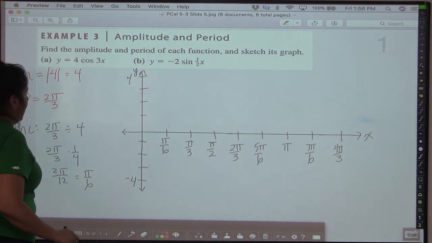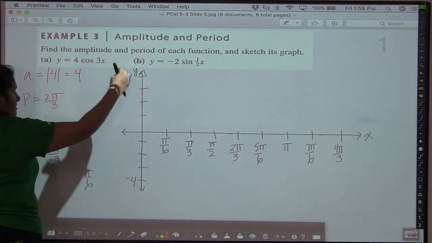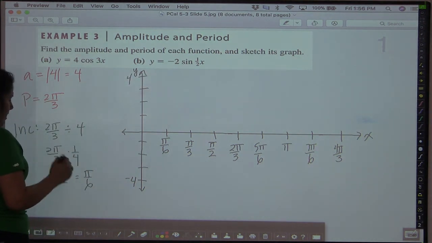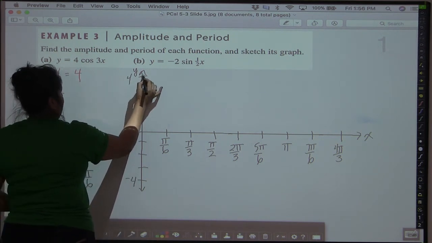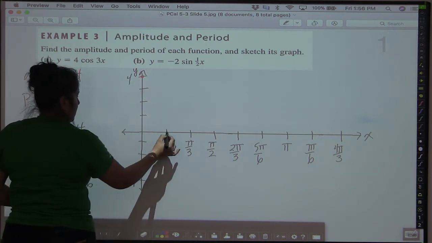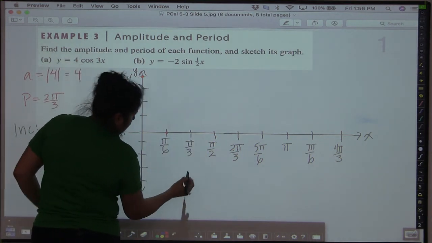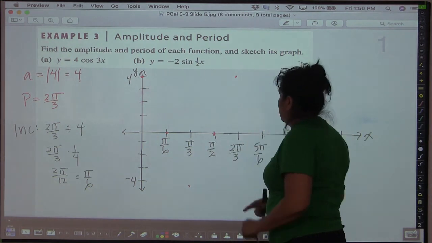So for cosine, it's a positive cosine, so we're starting at our normal max, 0, min, 0, max situation. So I'm going to go ahead and put here at the top, this is my max, and then I go to 0, and then I go to my min. I hope that's lined up. And then I go to 0, go back to my max, and see what's happening is that normally